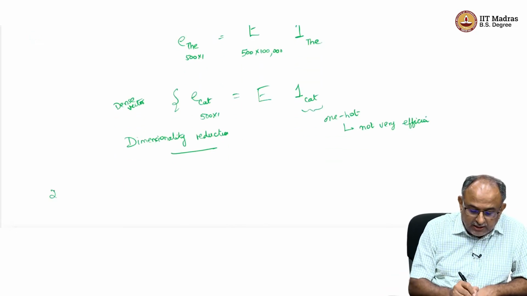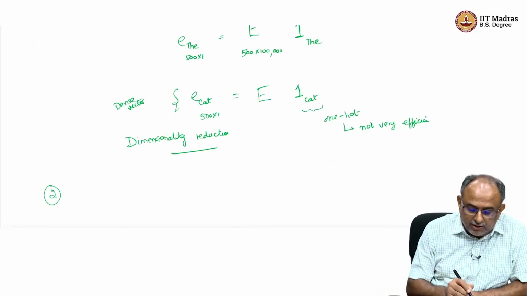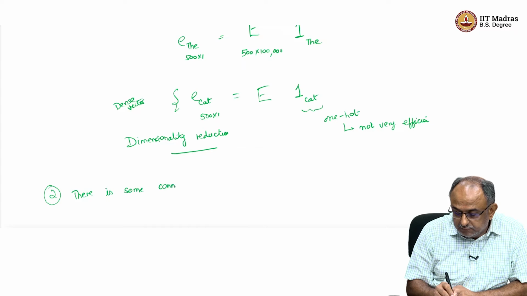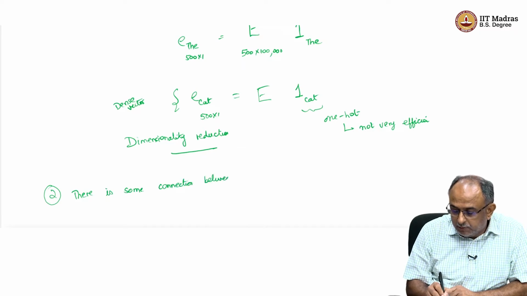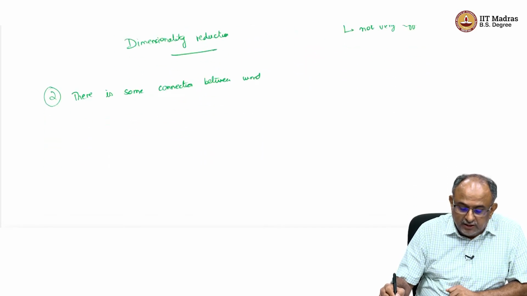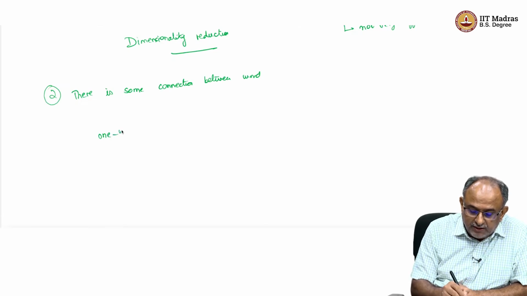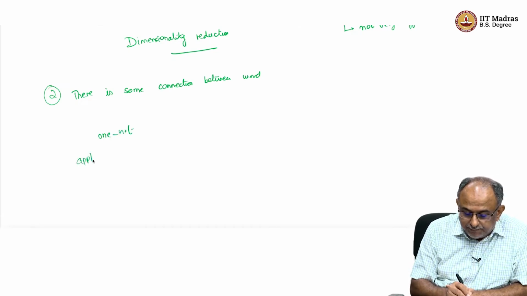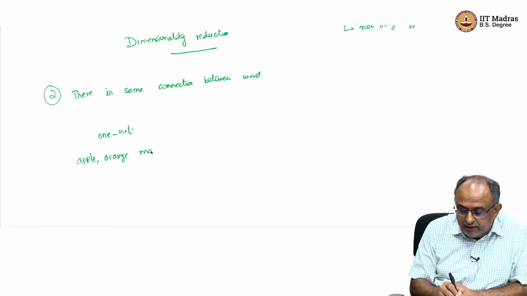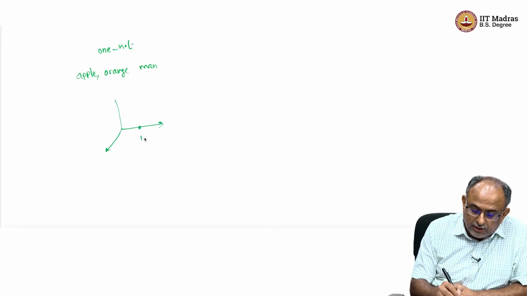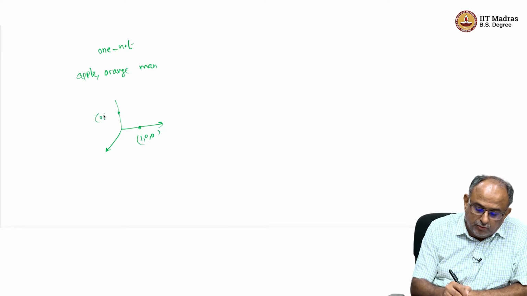Secondly, we also see that there is some connection between the words. So what does it mean? In the original one hot space, if I look at apple, orange and man, they were always lying like this. So this was 1 0 0, this was 0 1 0, this is 0 0 1. So this was apple, this was orange,